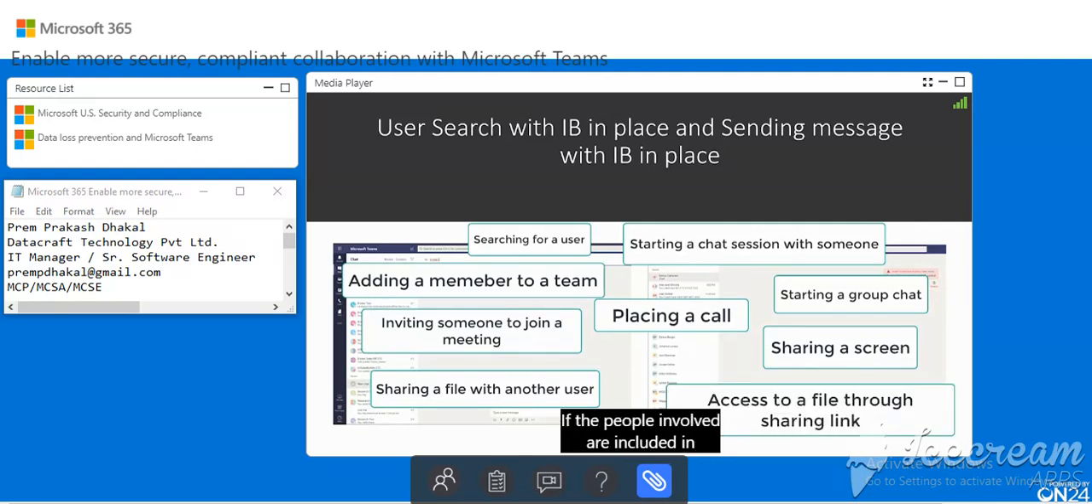If the people involved are included in an information barrier policy to prevent the activity, they will not be able to proceed. In addition, potentially everyone included in information barrier policy